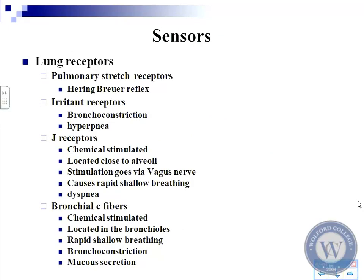Okay, now you have inside the additional receptors that help you breathe are feedback mechanisms that are located in the lung. Okay, we have one thing called a pulmonary stretch receptor, which is called the Hering-Breuer reflex. Okay, most books will tell you that the Hering-Breuer reflexes only exist in dogs, okay, and doesn't really exist in humans. I tend to disagree with that statement. Okay, the reason I've been disagreeing with that statement for the last few years is because I actually induce a kind of reflex to get people to breathe faster,